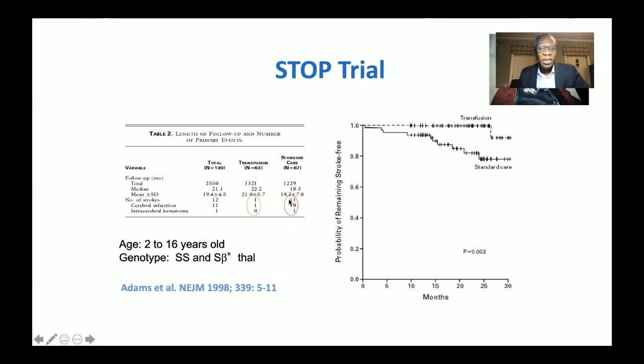And as you can see, 11 compared to 1 in the number of strokes and 10 compared to 1 in cerebral infarction. And you can see that transfusion therapy was significantly effective in reducing the incidence of stroke by over